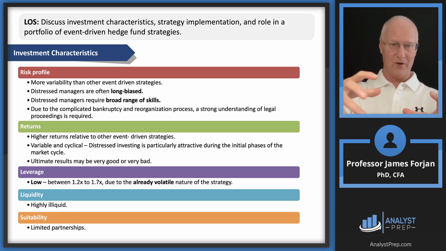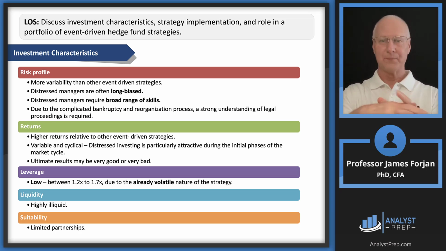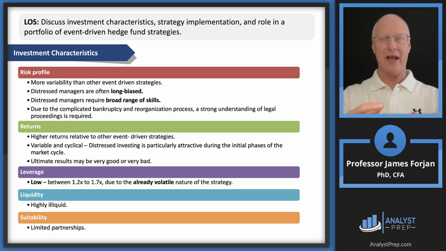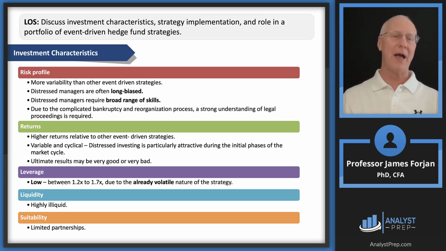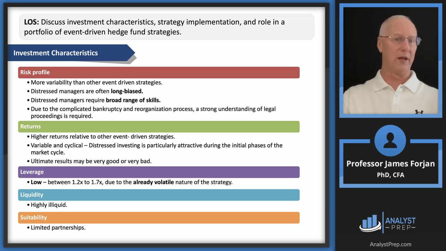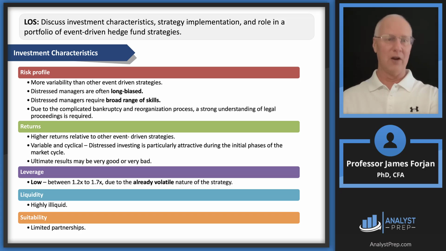And so what you do is you find the banks that are crashing, and then you look at the banks that maybe the market overreacted to and that it looks like they're nearing bankruptcy, but on the left-hand side of their balance sheet, they have tons and tons of super performing loans. And so let's go in and buy up their distressed shares of stock, and then, hey, those prices will then, of course, rise, right? So that's why higher returns relative to other event-driven strategies. Probably low leverage,